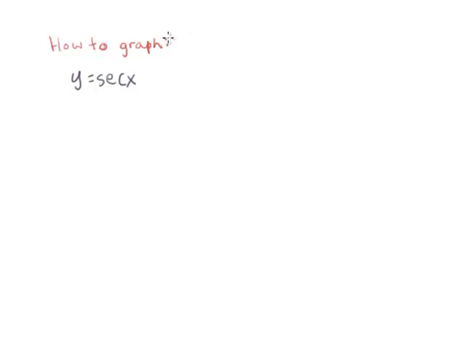How to graph secant. The original graph of secant, what we need to do is, any time we graph secant, we need to think about what the graph of its reciprocal looks like. So the reciprocal of secant x is cosine x. So what we want to do is sit here and graph,